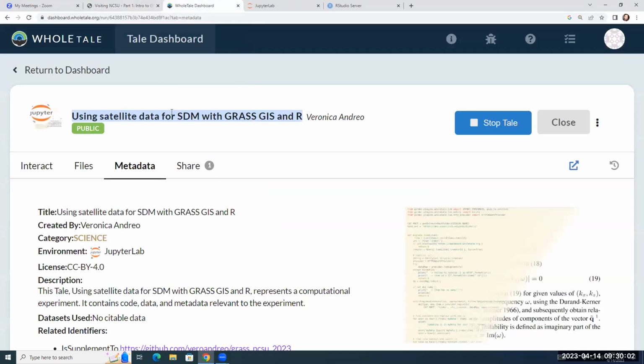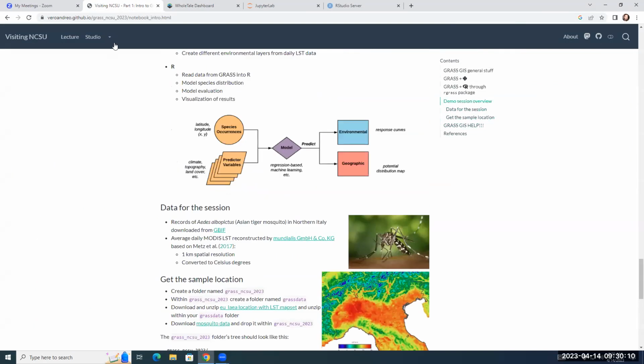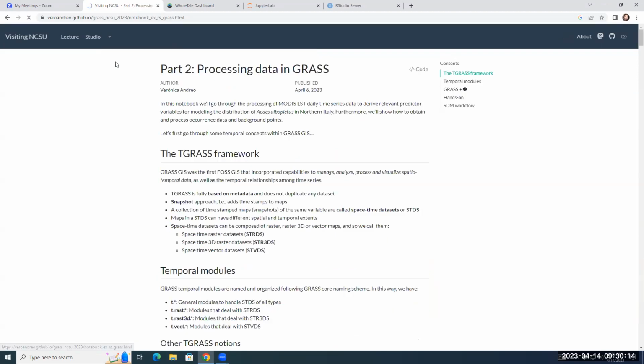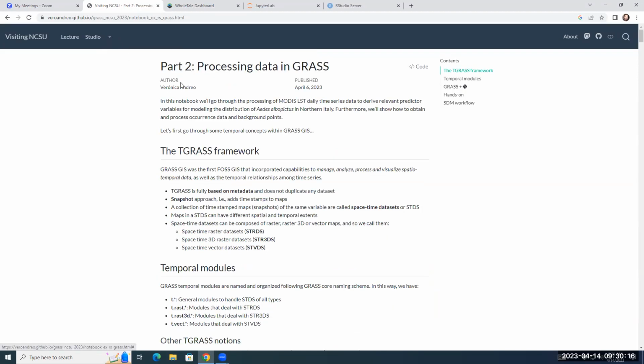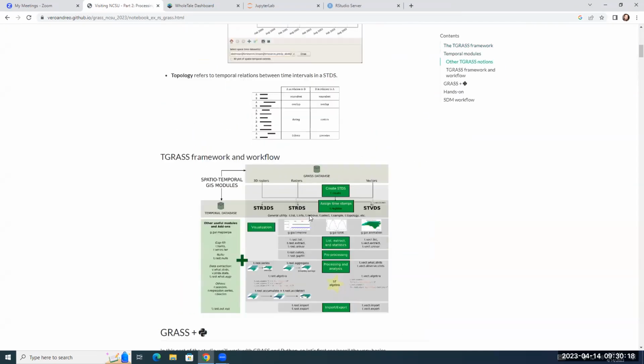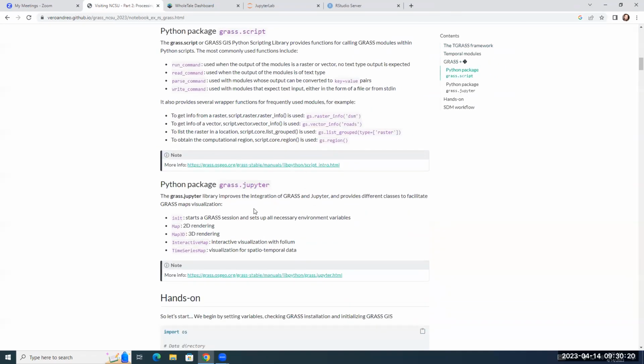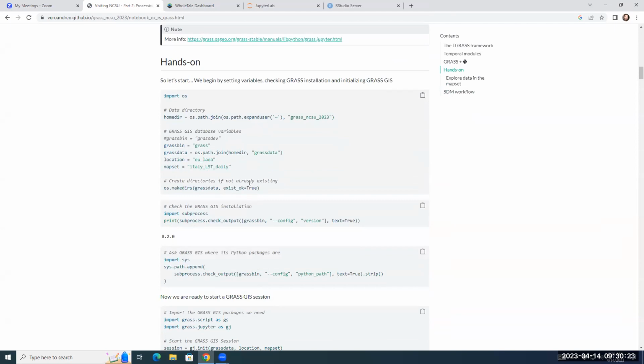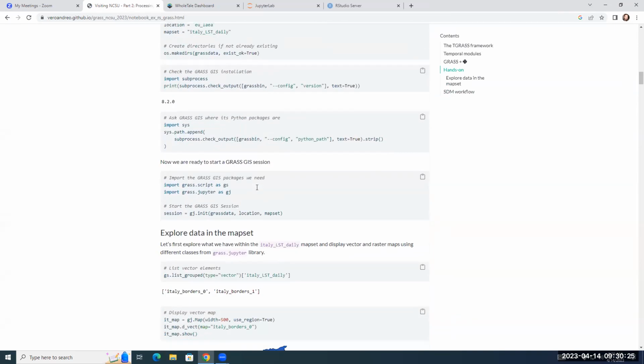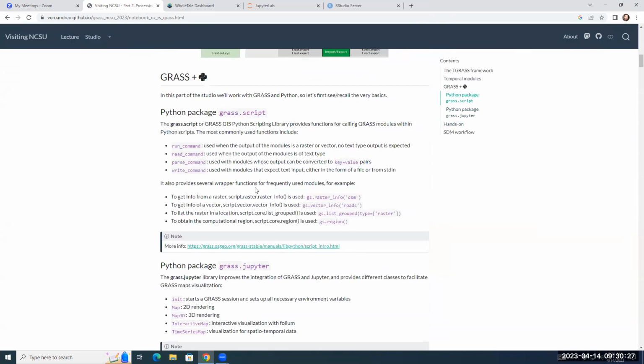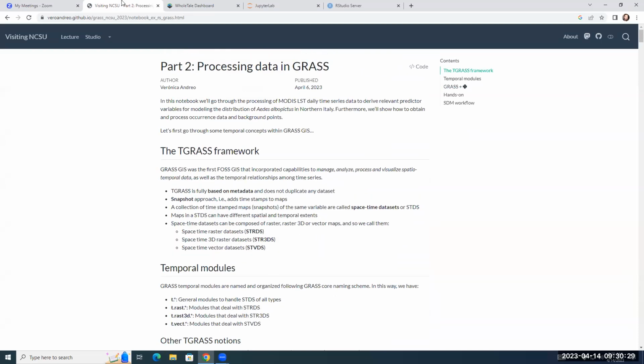Have you finished with the importing? Okay, that's great. If you don't want to execute commands, you can also follow here. So you have part 2, and there's a part in which we give some concepts and then we start working. So you could also follow there if you want, okay? But it's better to run